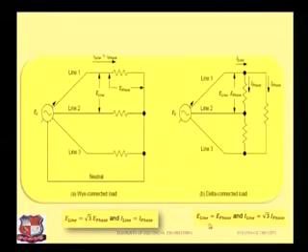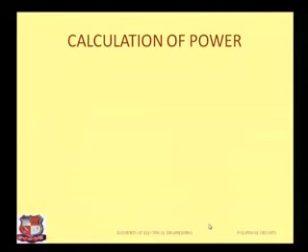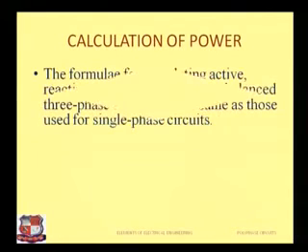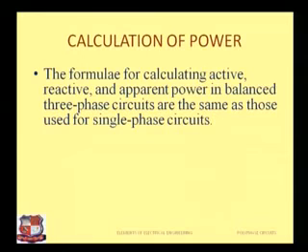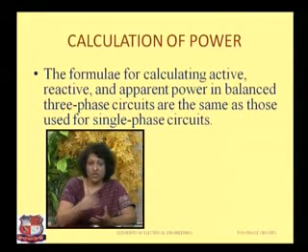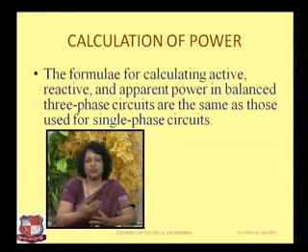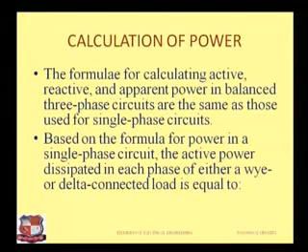So in this way, I hope you can remember very easily the relationship between line voltage, phase voltage, line current and phase current. Now how is the power calculated? The formulae for calculating active, reactive and apparent power in balanced three-phase circuits are the same as those used for single phase circuits. If the system is balanced, you only need to calculate for one phase, and just multiply it by 3 and you will get the total power for three phase. Based on the formula for power in a single phase circuit, the active power dissipated in each phase of either Y or delta connected load is equal to